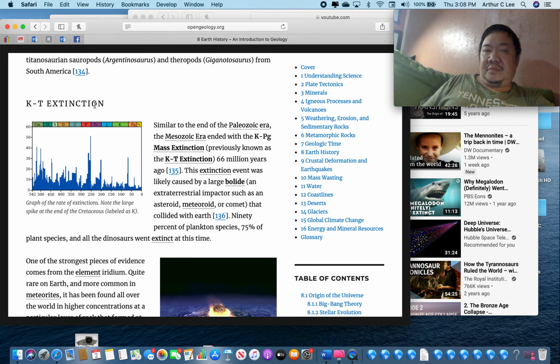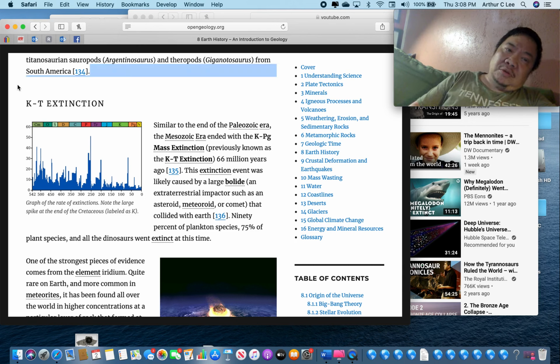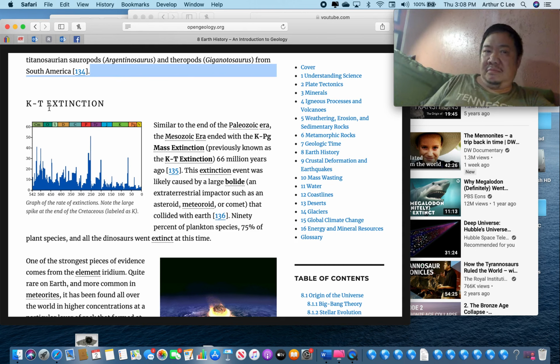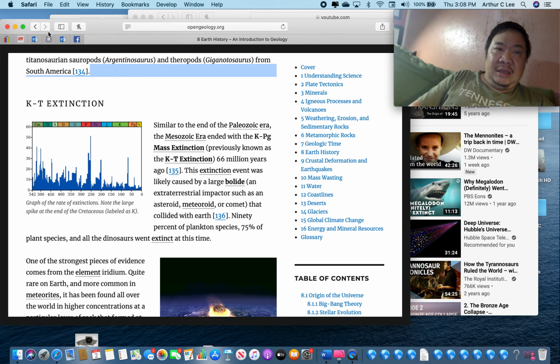And so first of all, what does KT mean? Well, capital K in geology stands for the Cretaceous, the last period of the Mesozoic, and T stands for the Tertiary, the first period of the Cenozoic Era. So the KT boundary,